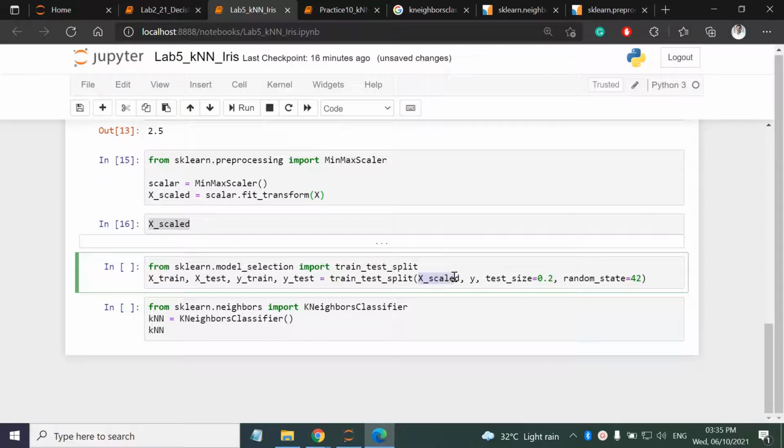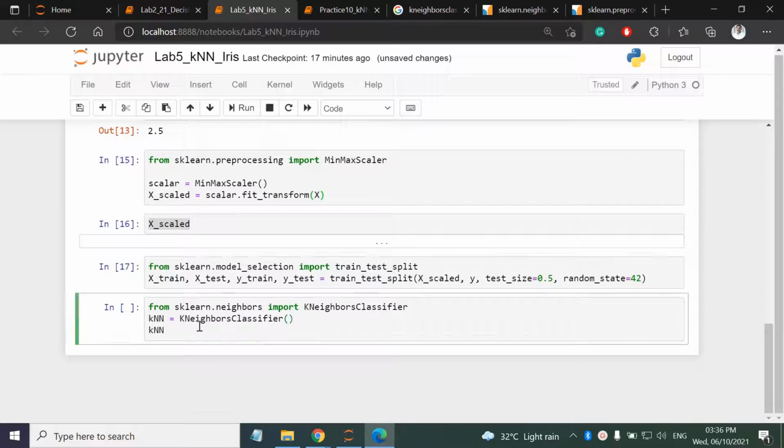So I have X scaled, y as it is, then test size. We remember that in KNN during training we just save the samples, right? So let us use 50% for training and 50% for testing. Here we are not learning a model. So 50% will be used for training and 50% for testing. So I have split my data set like this. That's it, so let us run this.